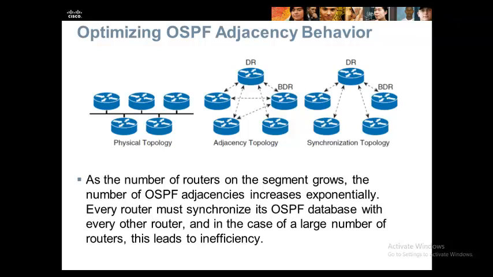For example, if this is sending an update, if all will receive it, after which all will forward it, then there will be duplication of updates and it will cause loops. To prevent that, a router called the designated router is elected, so that all will send to it. For example, if this router has got some link change, it will send it to the DR